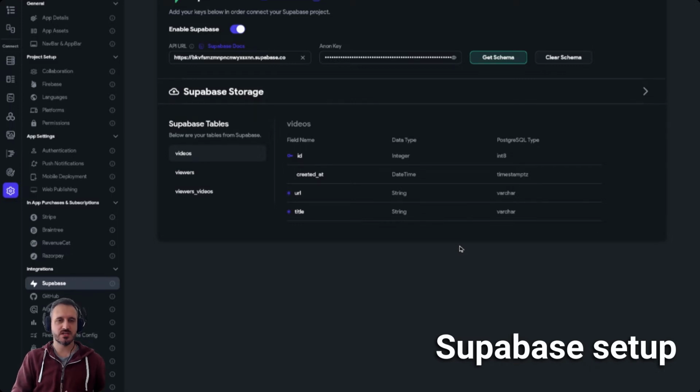So I will argue that Supabase is even more efficient to set up than Firebase. I think with Supabase it's literally copy and pasting two fields and then just hitting this button. It's just that. You don't have to do anything else, and then you're connected. It's amazing, and for me at least, it's easier than setting up Firebase. In Firebase, you have to set up who is authenticated, the email, and so forth and so forth. I'm talking about Firebase and Supabase a lot,